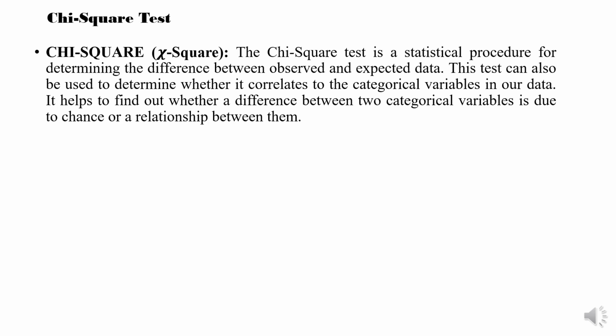So, what is chi-square test? Chi-square test is a statistical procedure for determining the difference between observed and expected data. This test can also be used to determine whether it correlates to the categorical variable in our data. It helps to find out whether a difference between two categorical variables is due to chance or a relationship between